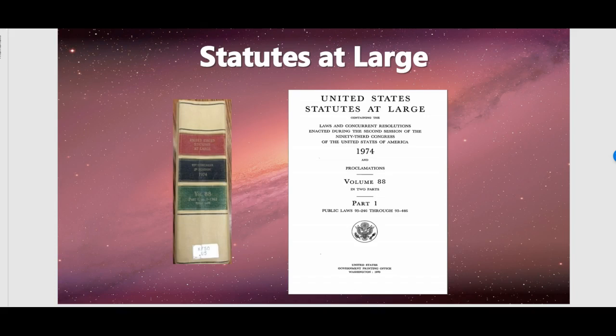And so we can see from those handy-dandy arrows labeled number 1, our hero, Public Law 93-406, appears in volume 88 of Statutes at Large, abbreviated STAT. And the first page of our hero appears on page 829, number 2 on the right-hand side, top of the page. So, as you might imagine, our hero's Statutes at Large cite is going to be,